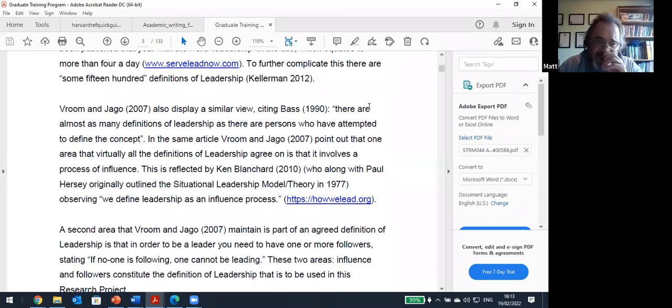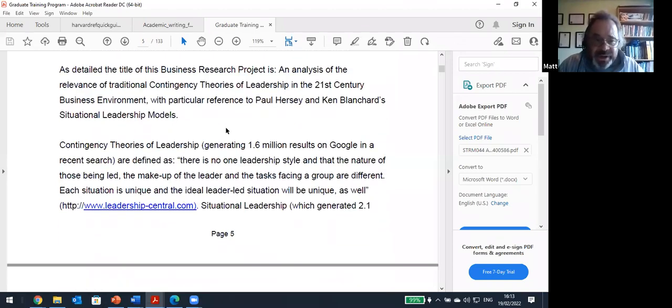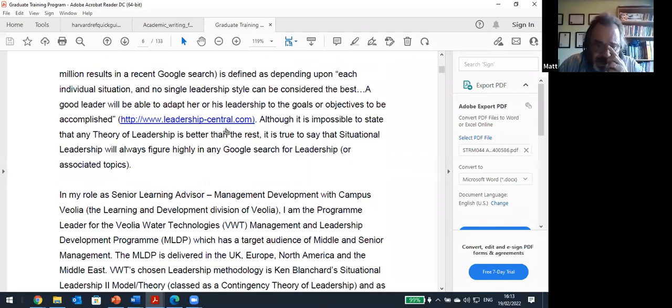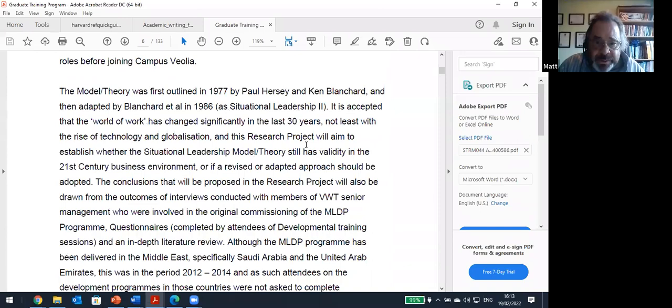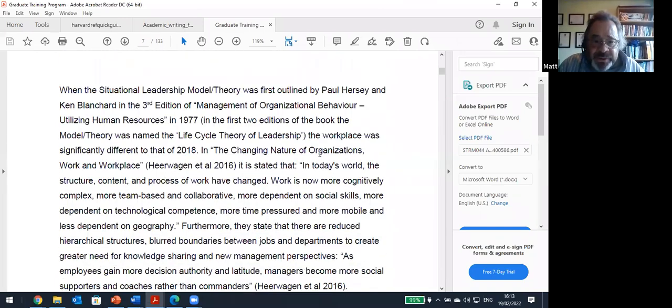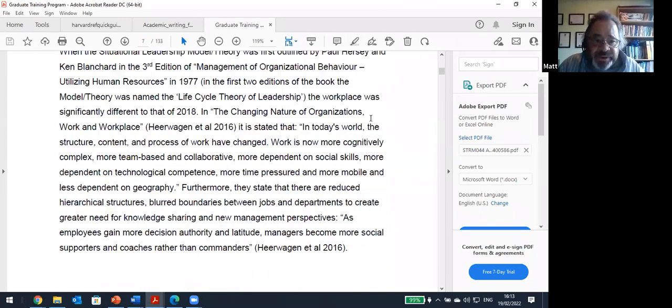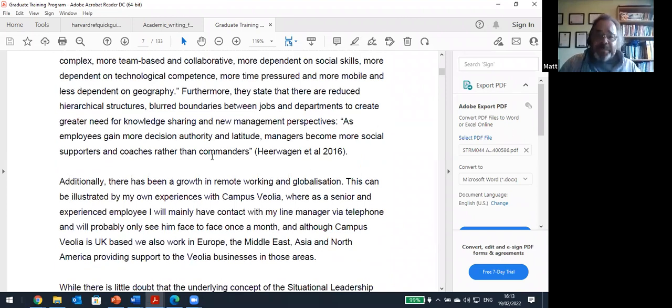And don't worry, I've got some handouts I will send across to you on Monday that give you more information on this. I just want to find one other thing that we can refer to in terms of Harvard referencing. Here we go. So this last one here: "As employees gain more decision authority and latitude, managers become more social supporters and coaches rather than commanders." This is an article that was written by a bloke called Heerwagen, I'm guessing that's pronounced,